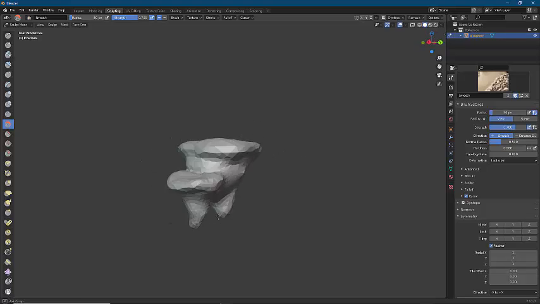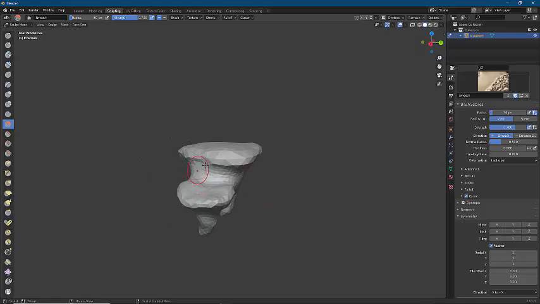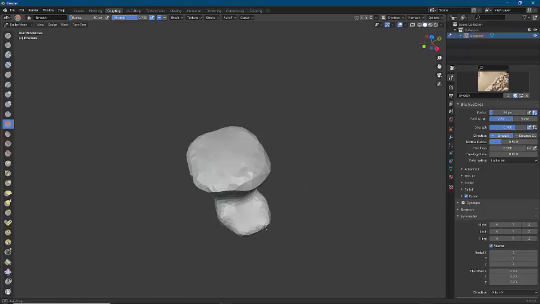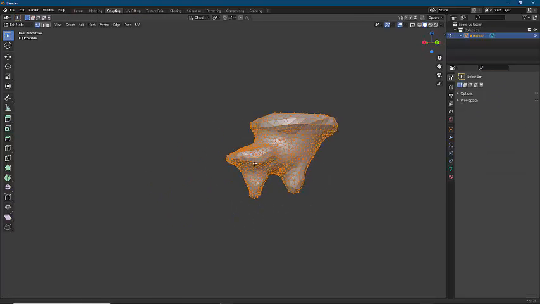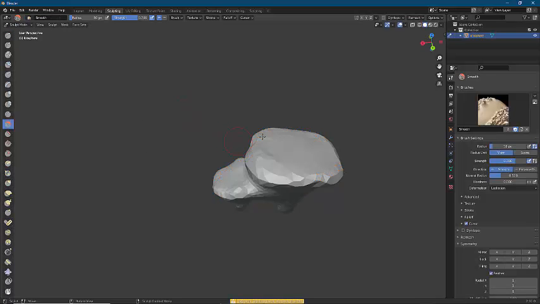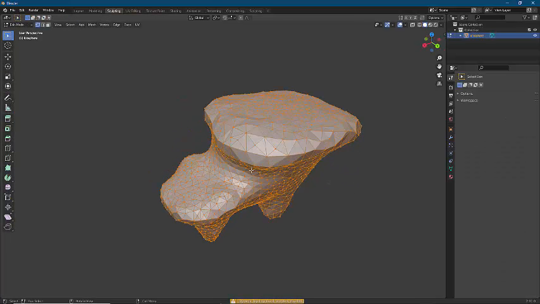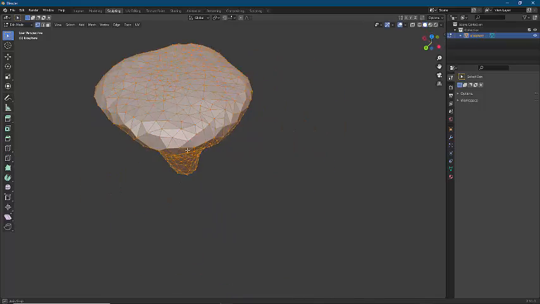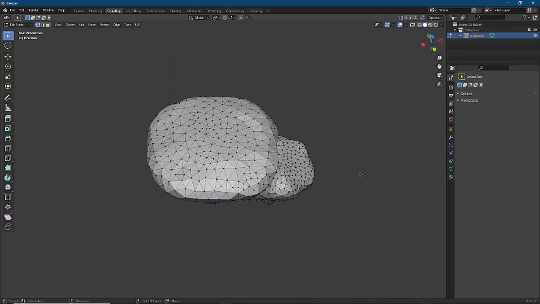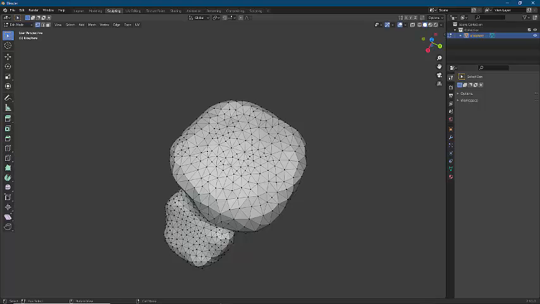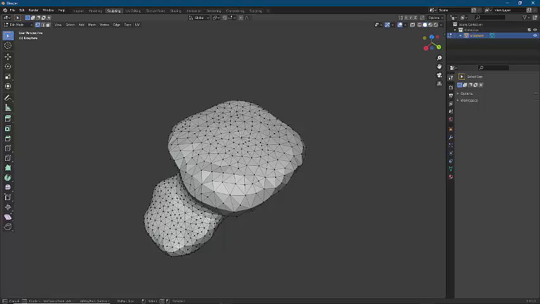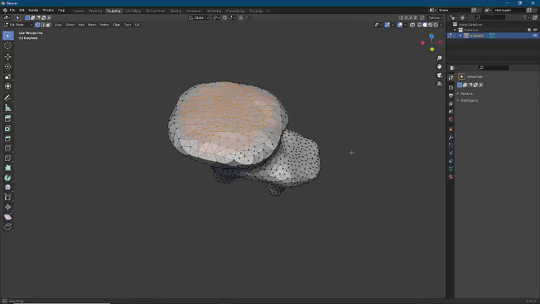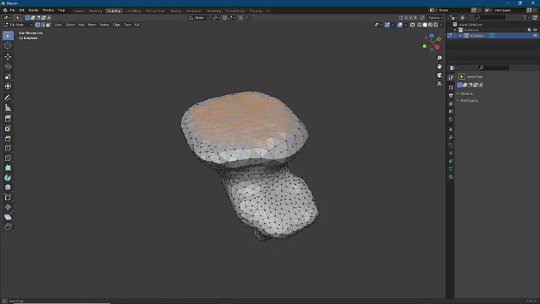Okay, so now we've got this basic shape. Looks pretty nice. We can now go into the edit mode by pressing tab, and it's pretty good, because what you can do is you can click to deselect everything. Just make sure you don't click on one of the vertices. That's important. Then press C and you get this thing, and you can increase the size or decrease it by using the scroll wheel, and just select things by clicking down on this, and you can